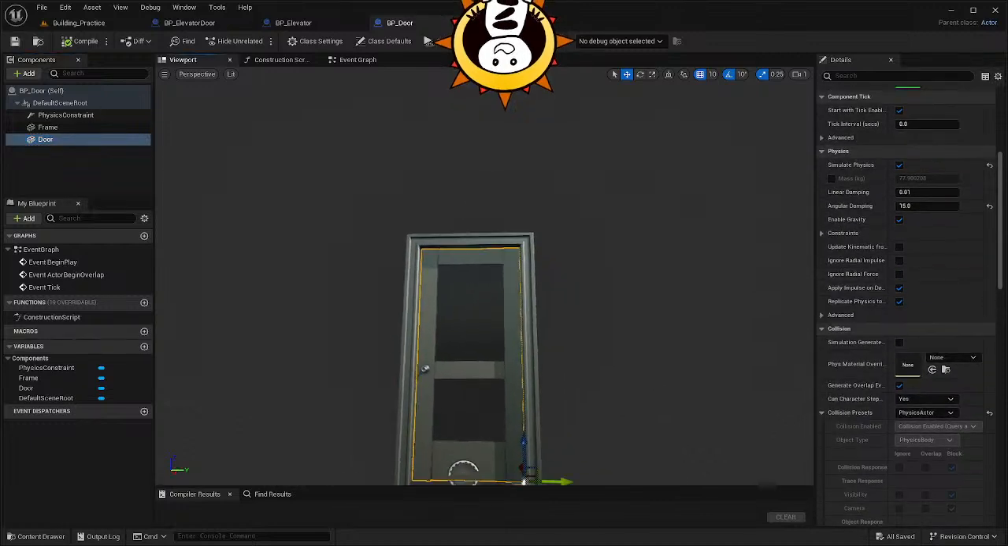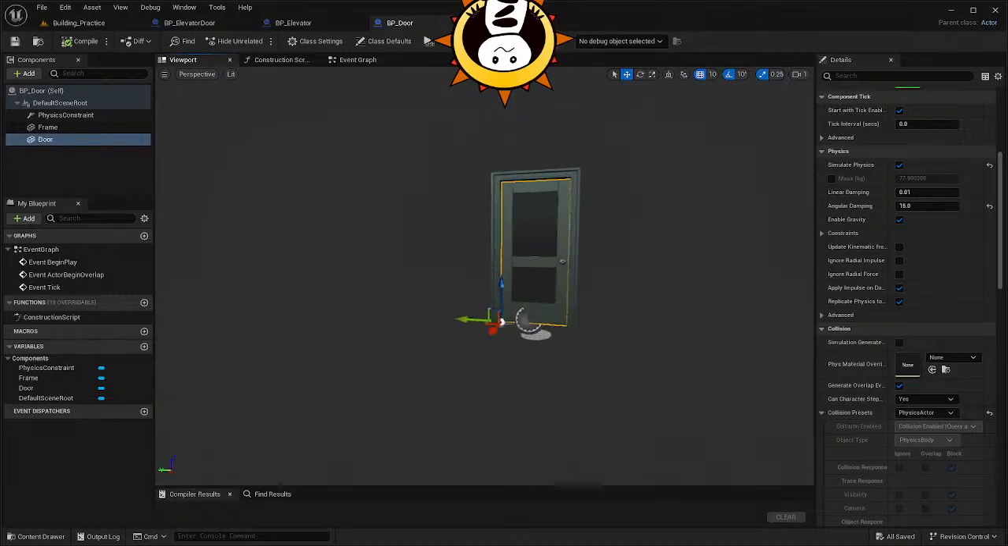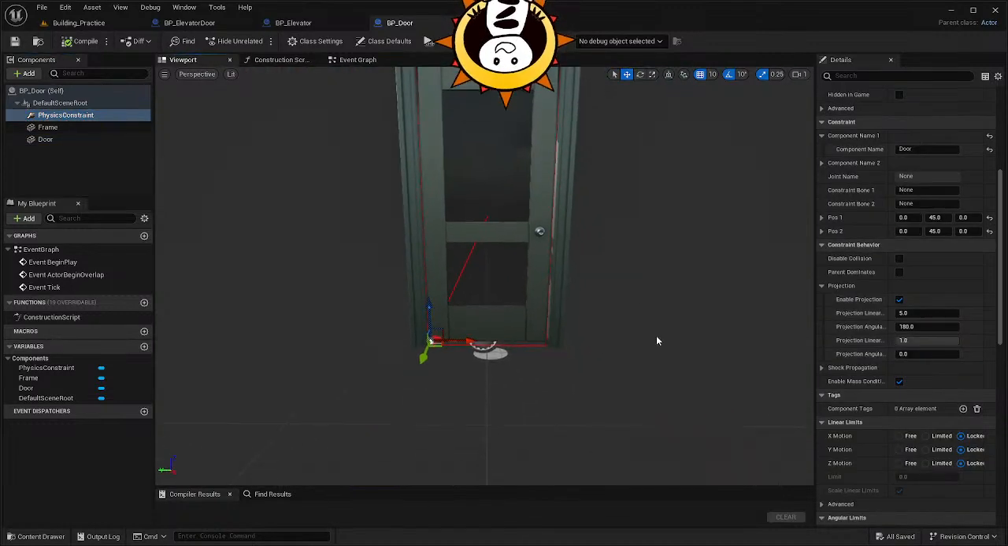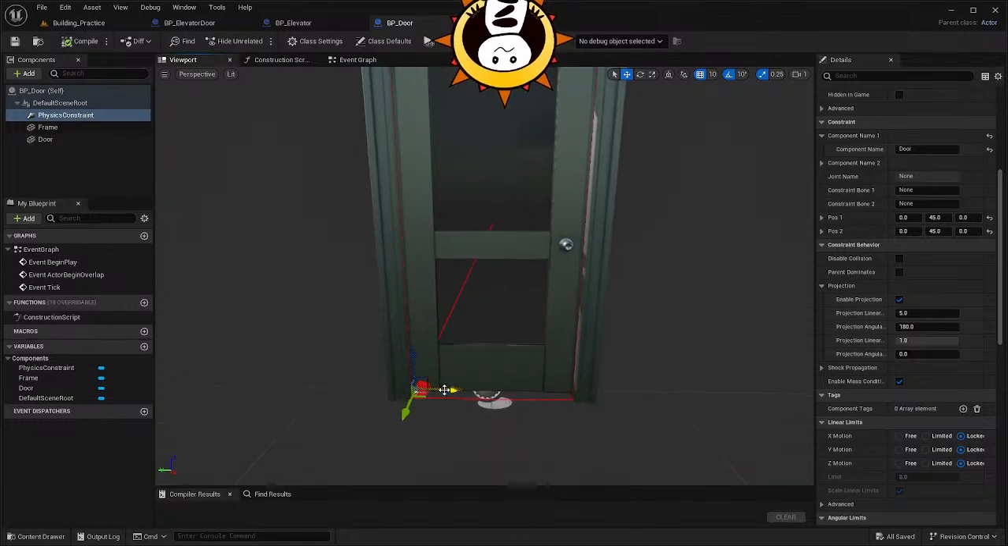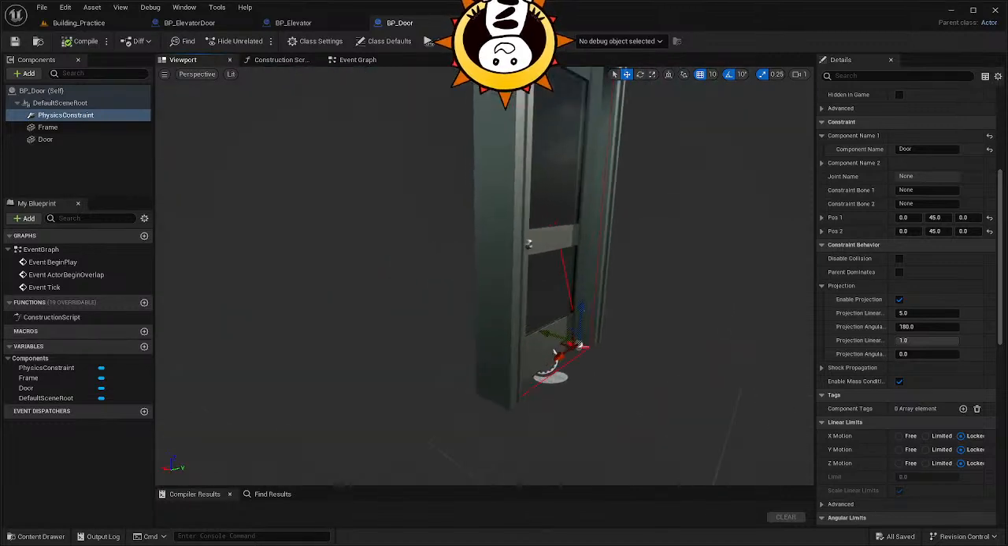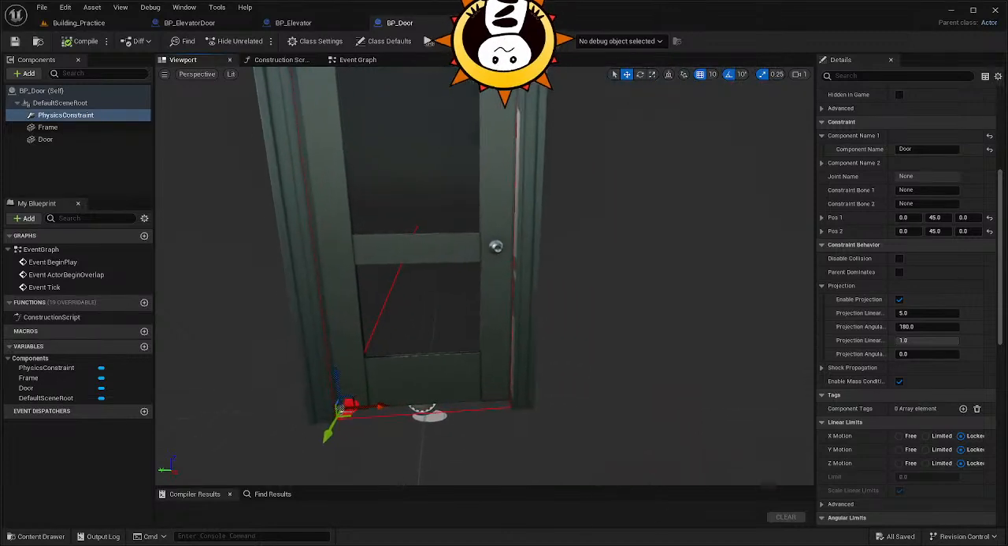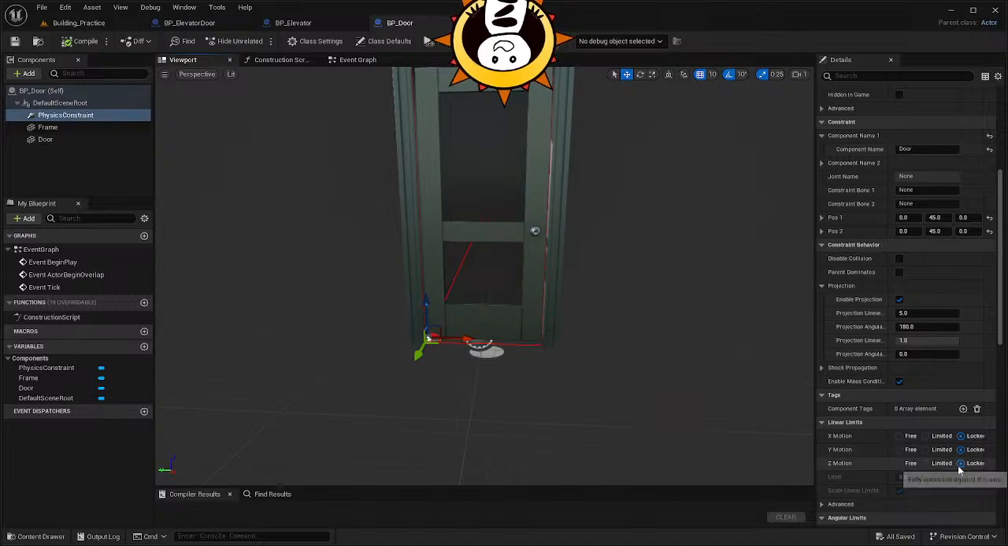And so the idea is that you bump into it, right? And so it operates as if it has physics. And then this is the physics constraint that tells the door you can only swing open, you can't just fall over. So I did work on this, and I did make it